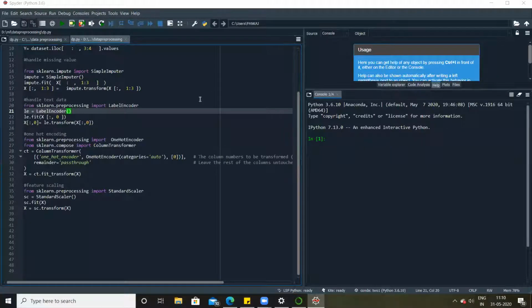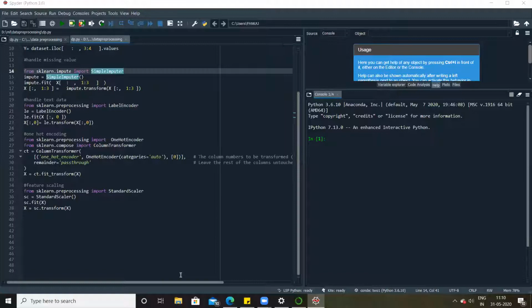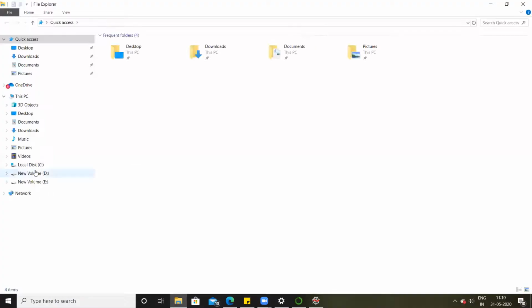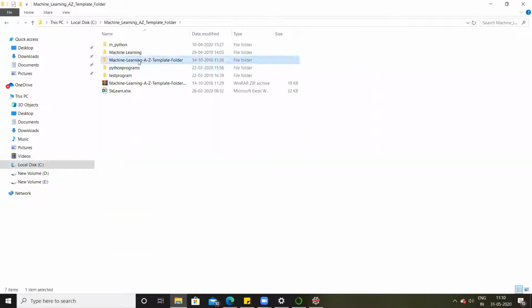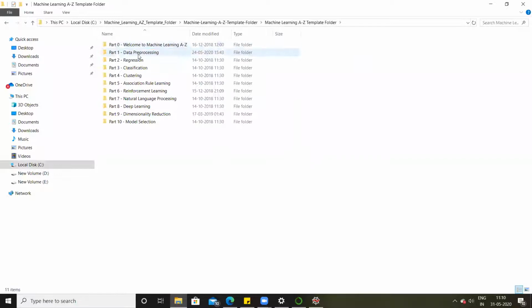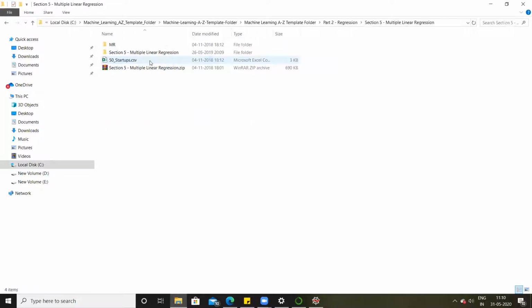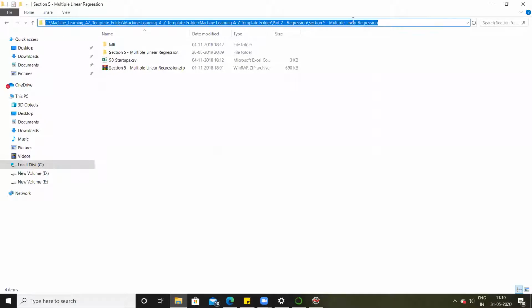Hi. So today we are starting with the concept of multiple linear regression. And for that, we are going to consider one data set. Let me bring that data set in front of you. So I'll go to my working directory, which is C drive, machine learning, regression, multiple linear regression. I'll set my working directory on my Spyder environment as well.